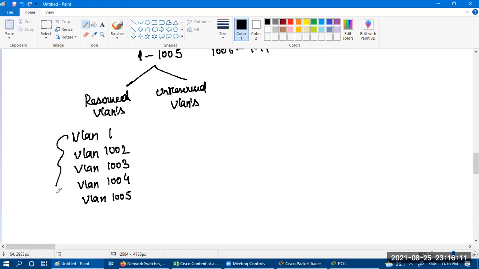So all these VLANs are the reserved VLANs. They are automatically reserved for some specific kind of technology. So VLAN 1 is the default VLAN. The rest, 1002 to 1005, are reserved for some specific technologies.